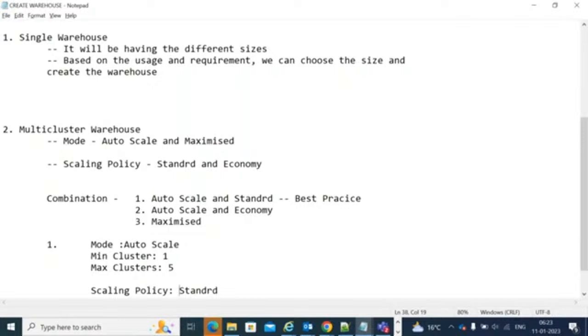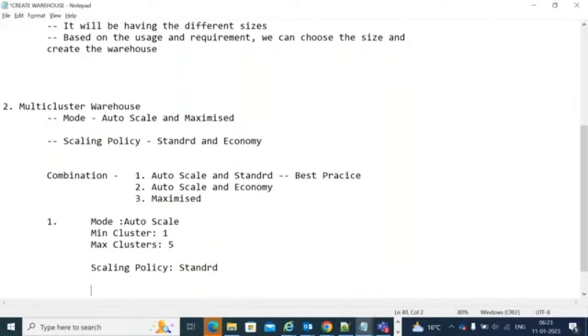suppose you try to load around 10 TB of data into Snowflake. Fine, this is one of the scenarios. If you are trying to load 10 TB of data into your Snowflake,